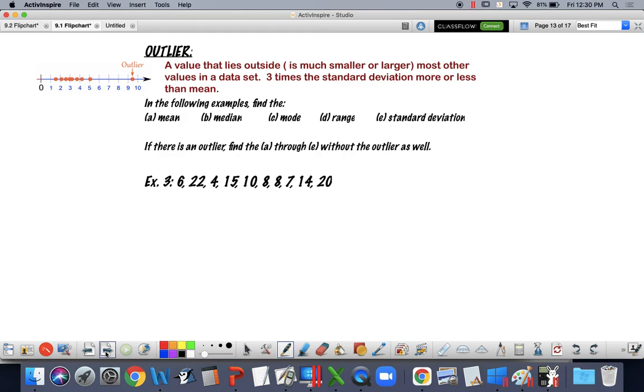So we have two examples in here where I want you to figure out the mean, the median, the mode, the range, and the standard deviation. The fastest way to do this is using your calculator, right? So once you have this outlier definition down, pick up your calculator and go to Stat Edit and overwrite or clear out what's in that list and enter this information here. Notice it's not in order, and your calculator doesn't care. Your calculator can figure out the median without it being in order, so you do not have to order everything.